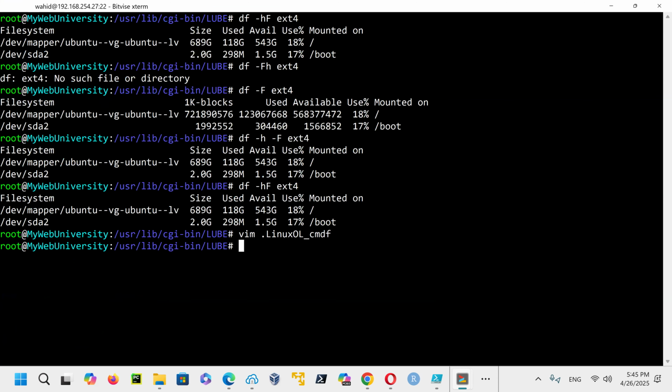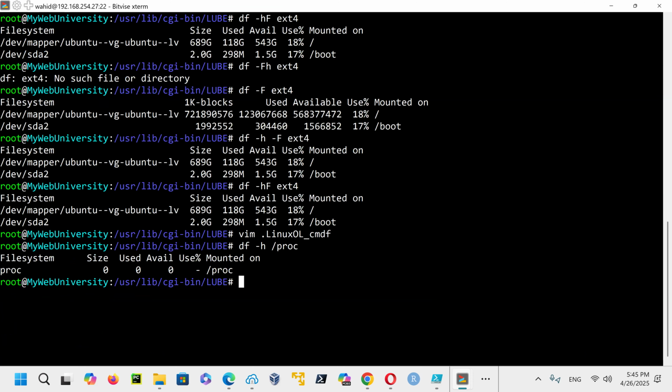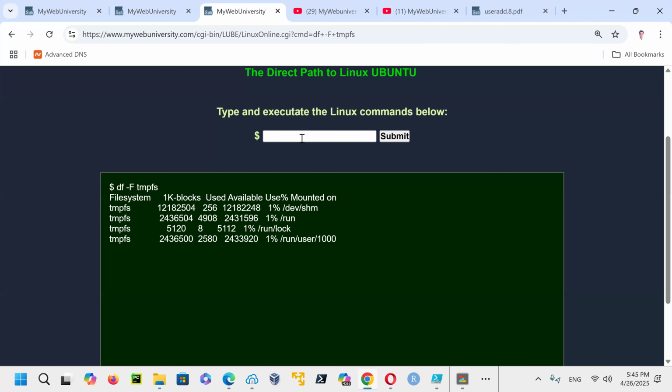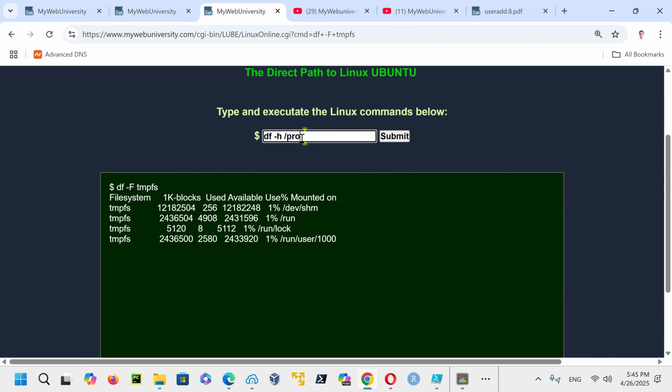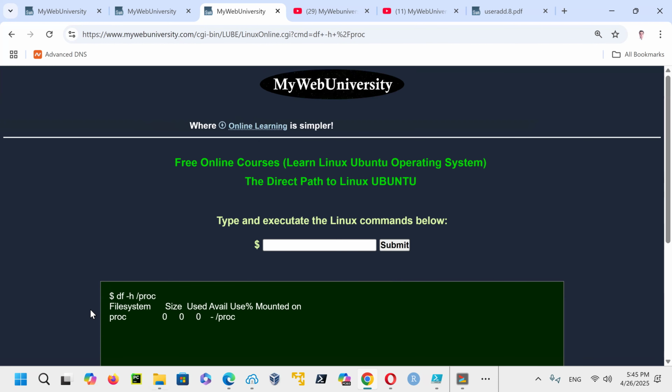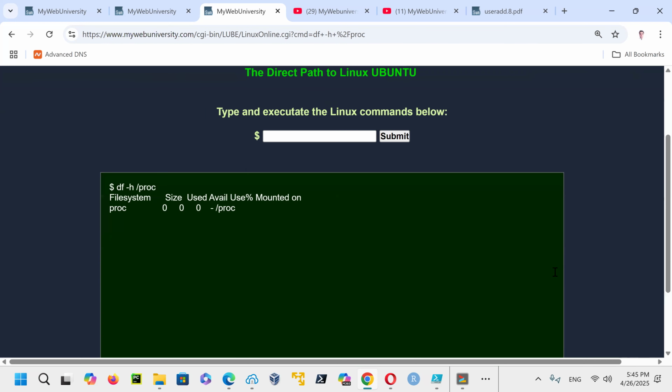Proc file system is based on memory. So that is just not a thing here. It is not gonna be as clean. And when you get the output, you get it on this one, df -h /proc. And the proc file system is good to know because it is a pseudo file system based